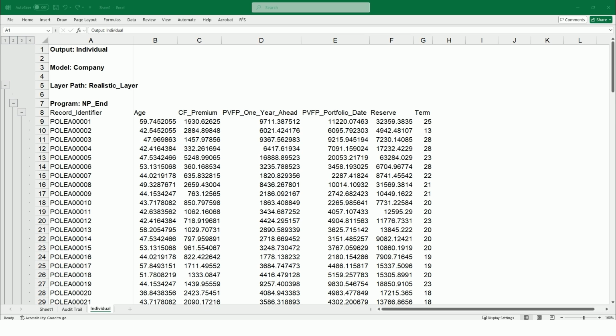If the output report includes the system variables record identifier or group identifier, R3S Modeler sorts individual results by these output report variables when you tick the Sort Individual Output checkbox in the Select Output to Display dialog box of the R3S add-in for Microsoft Excel. Note that the multiplier property is only relevant for individual output. Aggregated output is always post-multiplier.